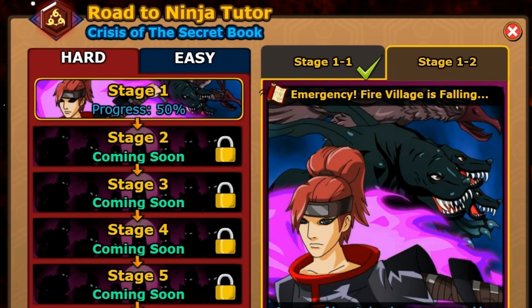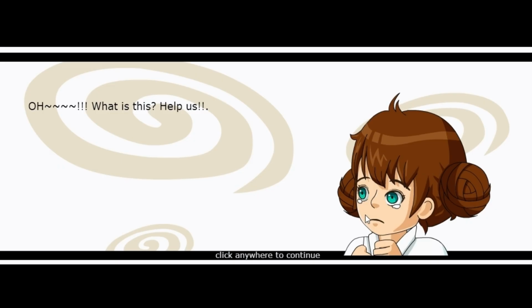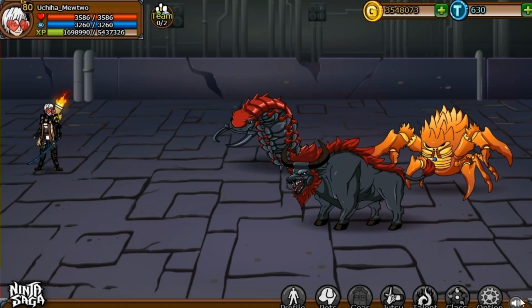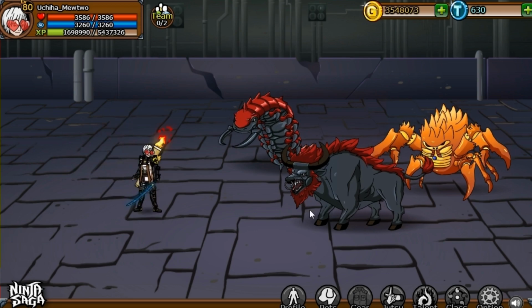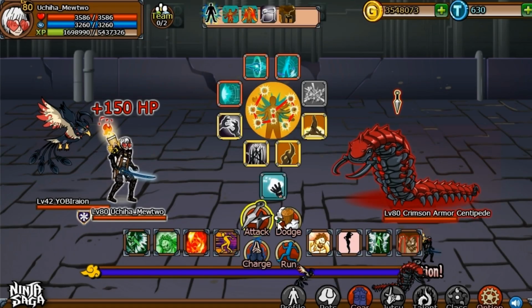What is up, guys? Bhanoob over here with the stage 1.2, or stage 1 part 2, of the Ninja Saga level 80 tutor exams. Did he just say howl, howl, howl? Okay, so this is basically a battle, and I have the season 20 weapon kind of thing